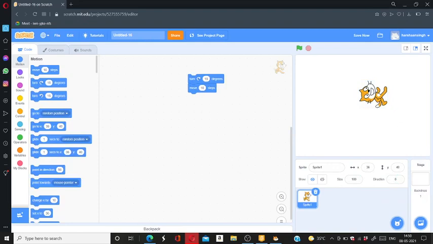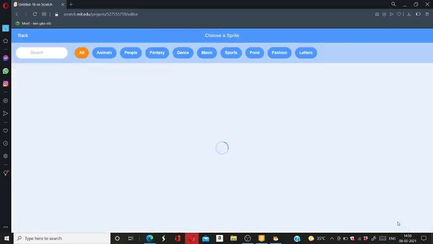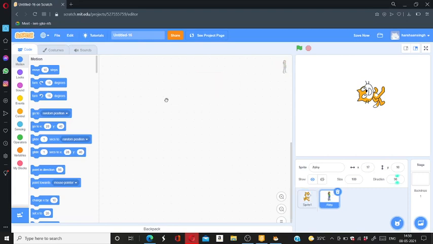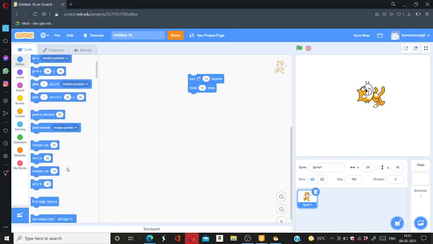Those sprites are characters like this. This is a sprite, like let me add the sprite. You can add a sprite by clicking here in Scratch 3. And now if I choose any sprite, this is also a sprite because they show up over here. So the next thing is we have done this.